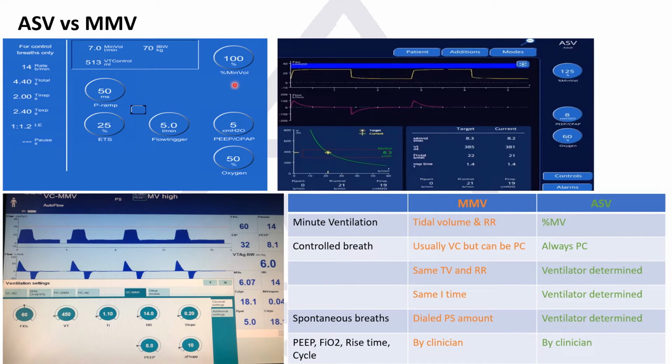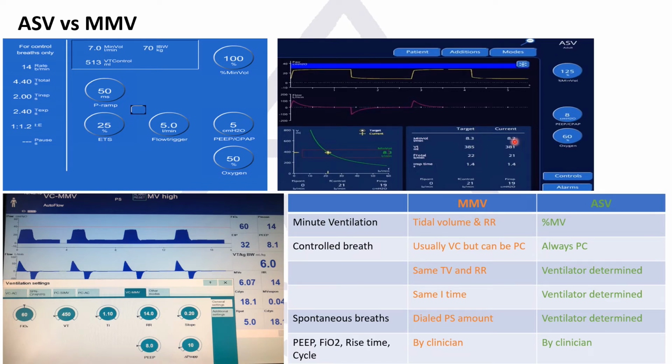If you put 300%, it will be 300 milliliter per kg per minute. And according to those, the ventilator determines, according to respiratory mechanics with the time constant in the expiratory flow waveform, what's the best respiratory rate and tidal volume. So if you look here, the ventilator determined the target minute ventilation, and then based on the Otis equation determined, okay, the best tidal volume is 385, best respiratory rate 22, inspiratory time 1.4, and that's the